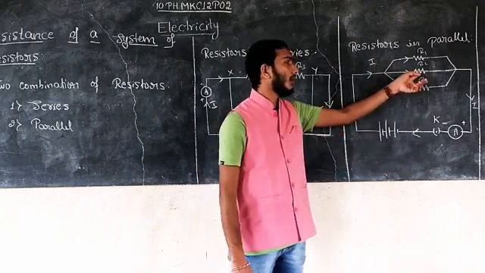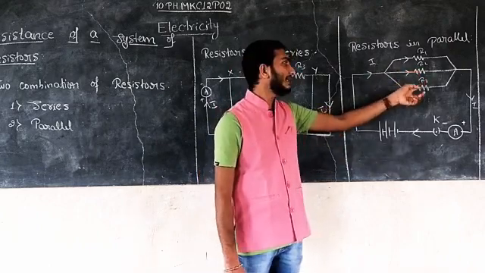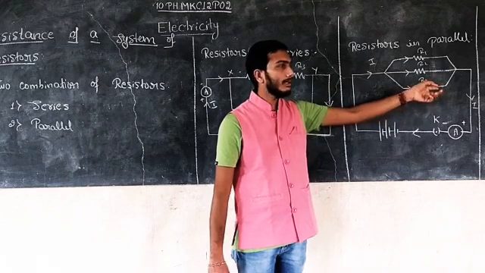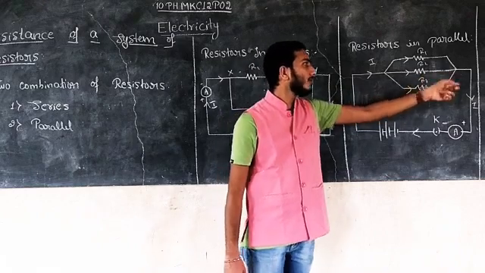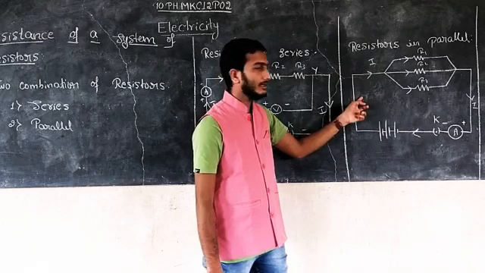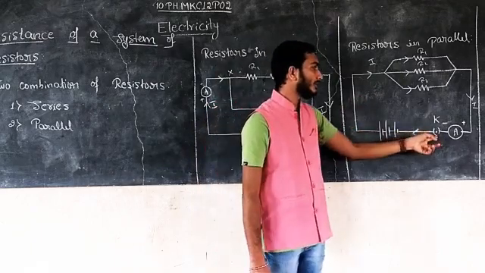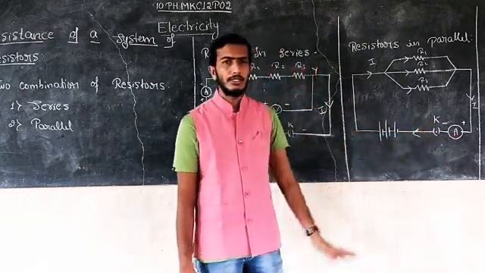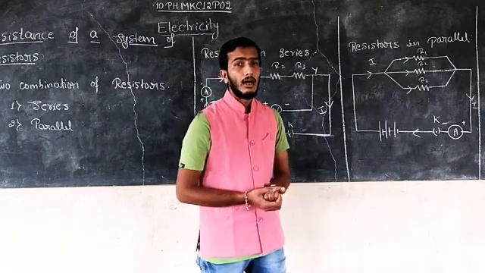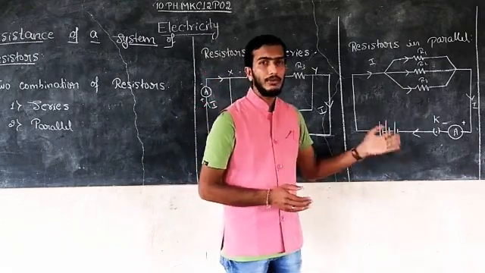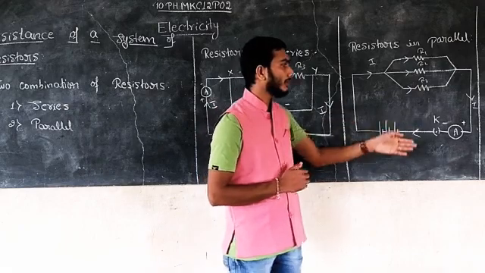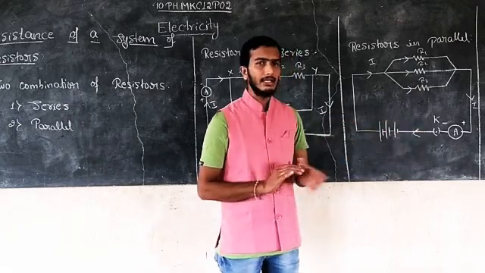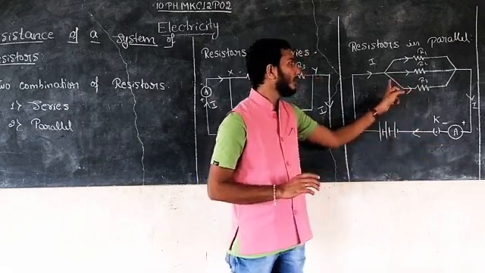All the resistors are connected together. Then the common point at the ends of the resistors is connected to the power supply and an ammeter. We are using the ammeter to find the current value of the given circuit, how much current flows through the circuit. That is the application of the ammeter.